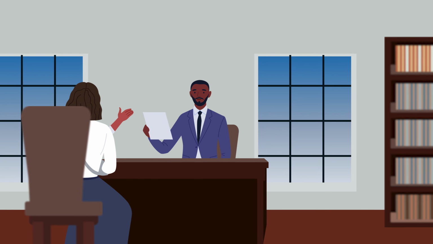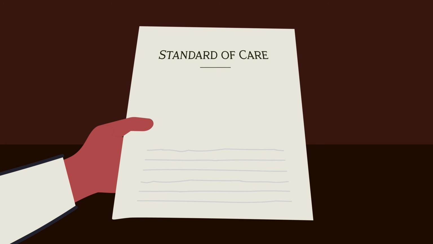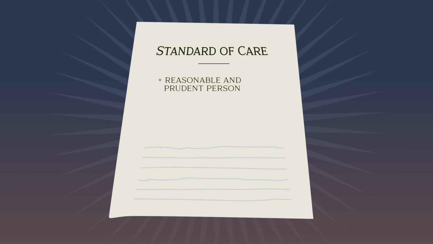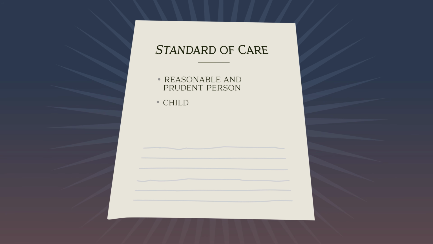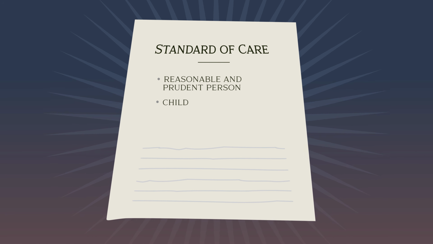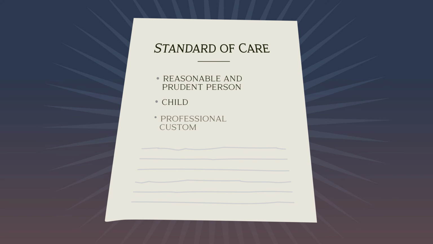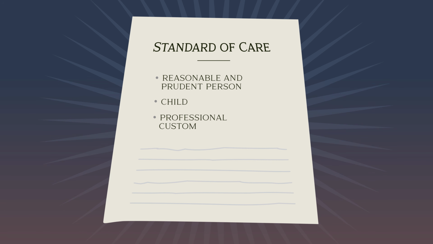Now, the second definition of negligence is on the standard of care. With the standard of care, you really have three separate standards that are going on. The reasonable and prudent person standard, which is primarily an objective standard. You have the child standard, which is primarily subjective, although it has a little bit of an objective component. And then for professionals, such as lawyers and accountants, you ask what the custom is in that profession,